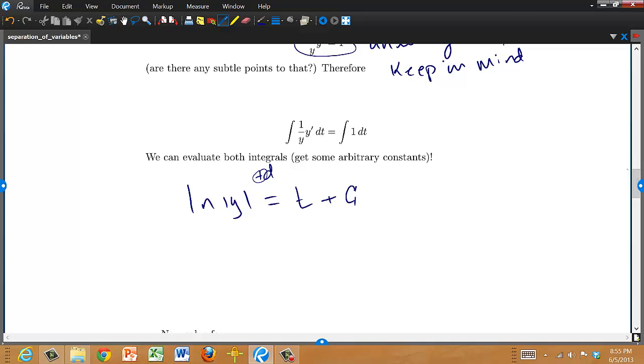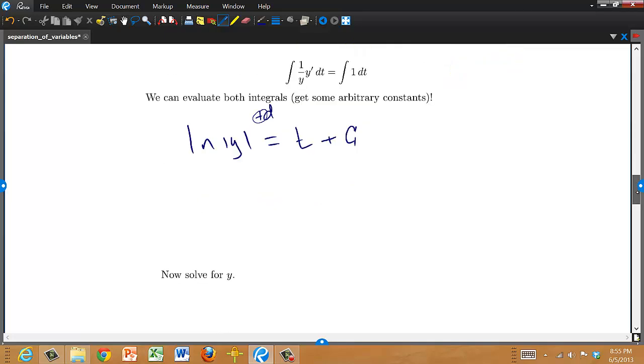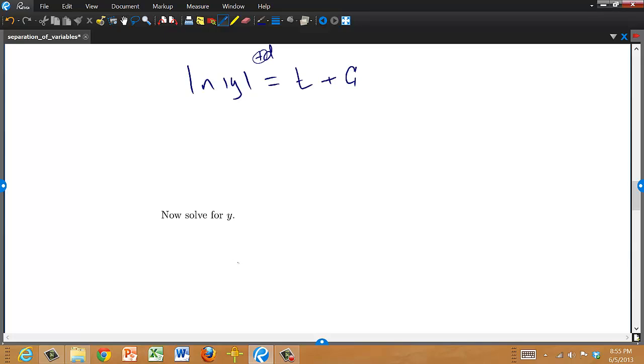So look, now we can almost solve, right? We know that the natural log of y has to be t plus c, and we can solve that. So we know the absolute value of y has to be e to the t plus a constant, and that's e to the t times e to the c. All right. And so that means that